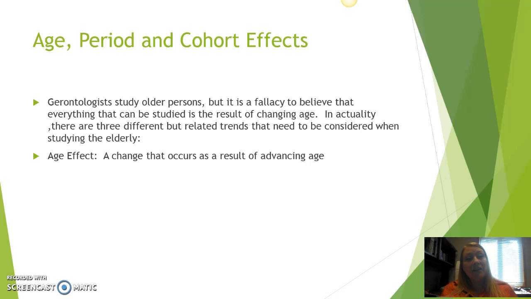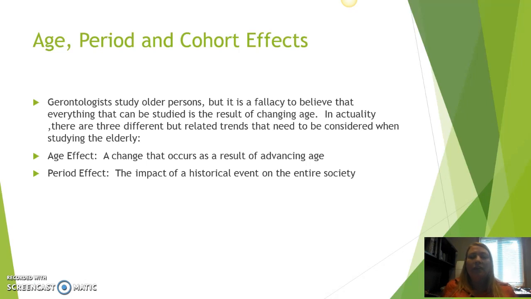So let me talk to you about a couple of other effects, namely the period and cohort effect, that also really play with this notion. So a period effect is the impact of an historical event on the entire society. I said a couple minutes ago that when we look at the effect of 9/11 on our entire society, it's a little hard to directly see what's different, but when we look at things like cell phone usage,